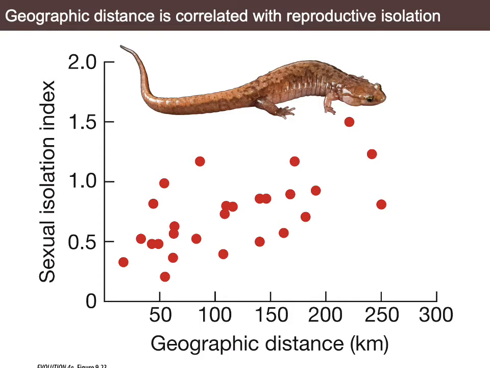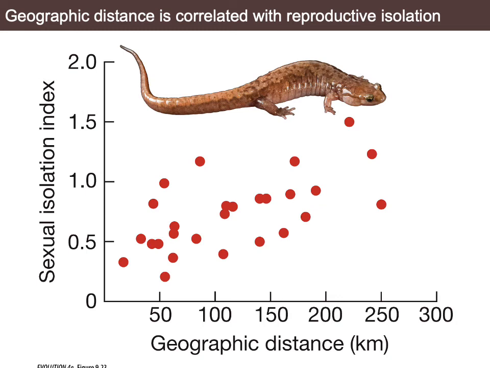So the principle of physical isolation, allopatry, and its contribution to speciation is quite clear from evidence that we have. And it's even apparent within species. So this is an illustration of the sexual isolation of populations of one species of salamander. This species of salamander is widely distributed, and if you collect individuals across the range of its distribution, which spans here 250 kilometers,